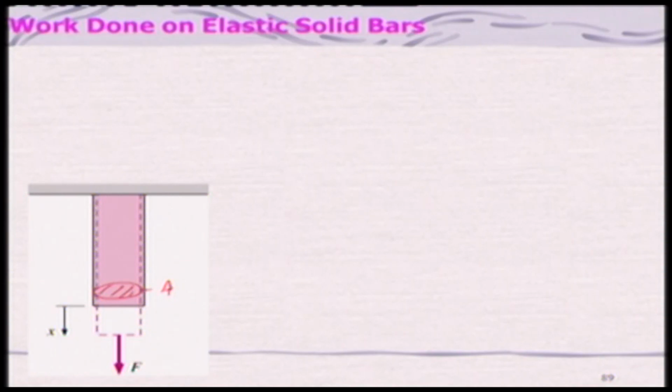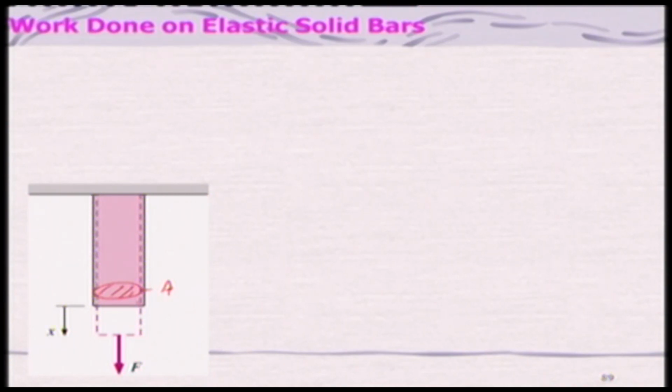It will be elongated. And if you remove the force, it will go back to the original position, provided it is in the elastic region, in which Hooke's law will be valid. You must know this from your mechanics.